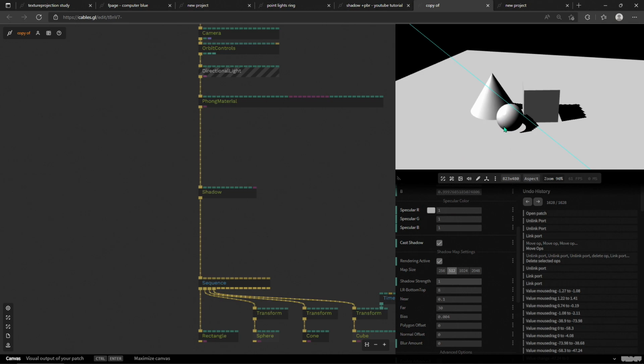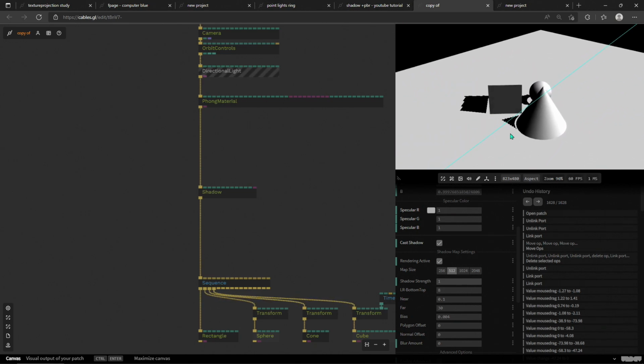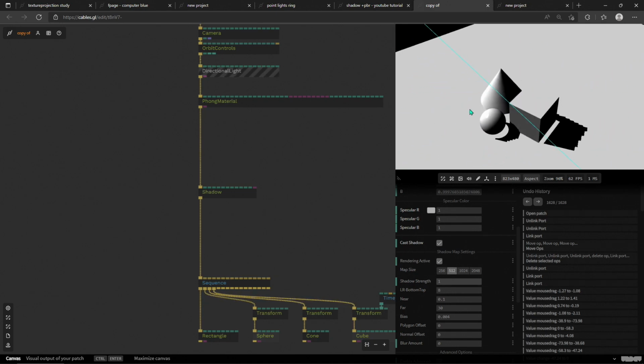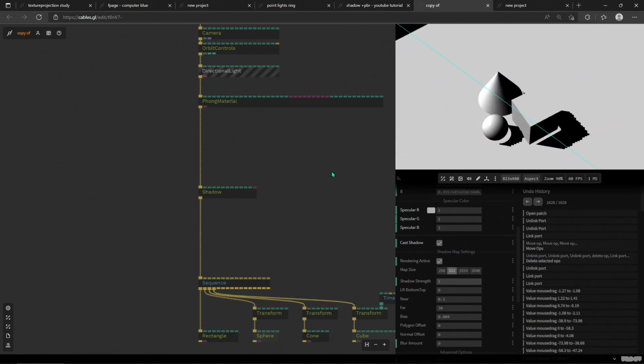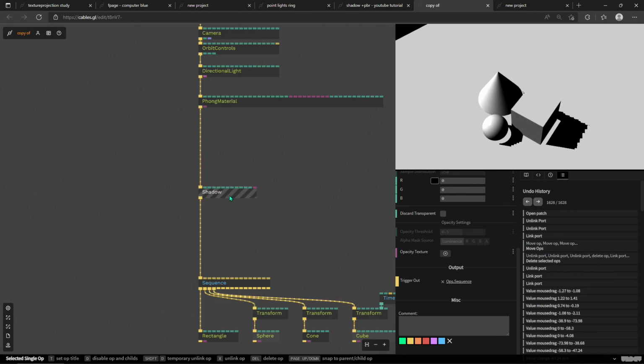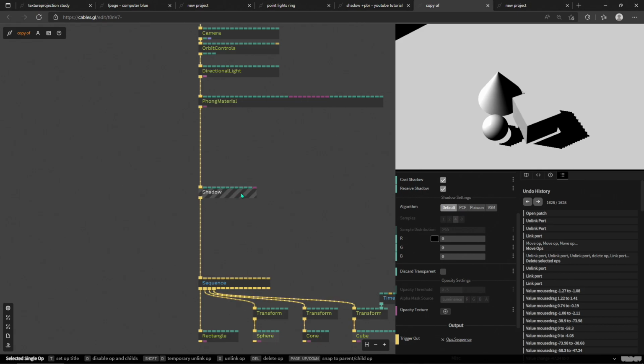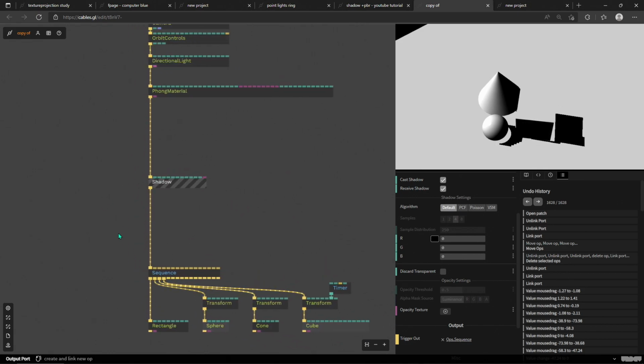So when we turn on the shadows, we get this effect. And you might think, wow, I am pretty much done with shadows because that looks pretty terrible. No fear. We're going to go through these settings to kind of tighten this up, and hopefully make it a little bit clearer how to control this whole setup. All right, so the first thing I usually start with is go back to the shadow op that is affecting all of my geometry here,